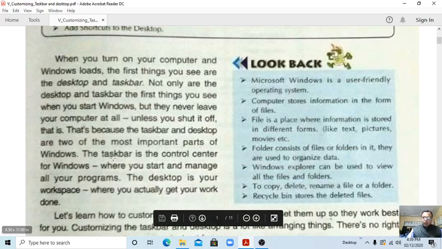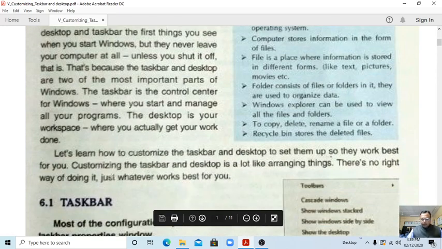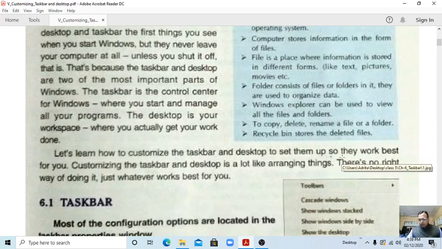Okay, students, this is for the Windows operating system. The taskbar is very important, where we can start and manage all our programs. The desktop is your workspace, where we get the work we have completed. Now we learn how to customize the taskbar and desktop and how to set them. Customizing the taskbar and desktop is a lot like arranging things.